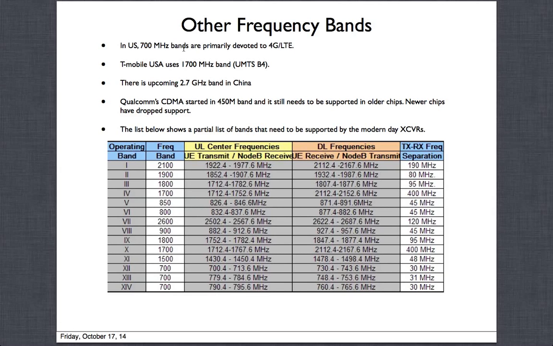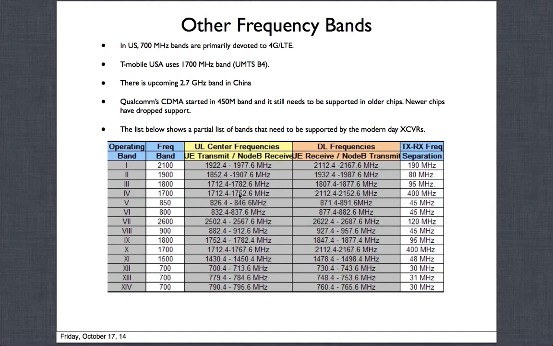So I think I should go back to this first bullet. These are important bands that have to be supported that were not there in that previous table I talked about, of quad band. T-Mobile USA came to the USA and has become one of the big carriers there. They actually use the 1700 megahertz band, which is UMTS band 4, this band here. That doesn't fall in the quad band support. So this is also a very important band to support because of the big subscriber base for T-Mobile USA.